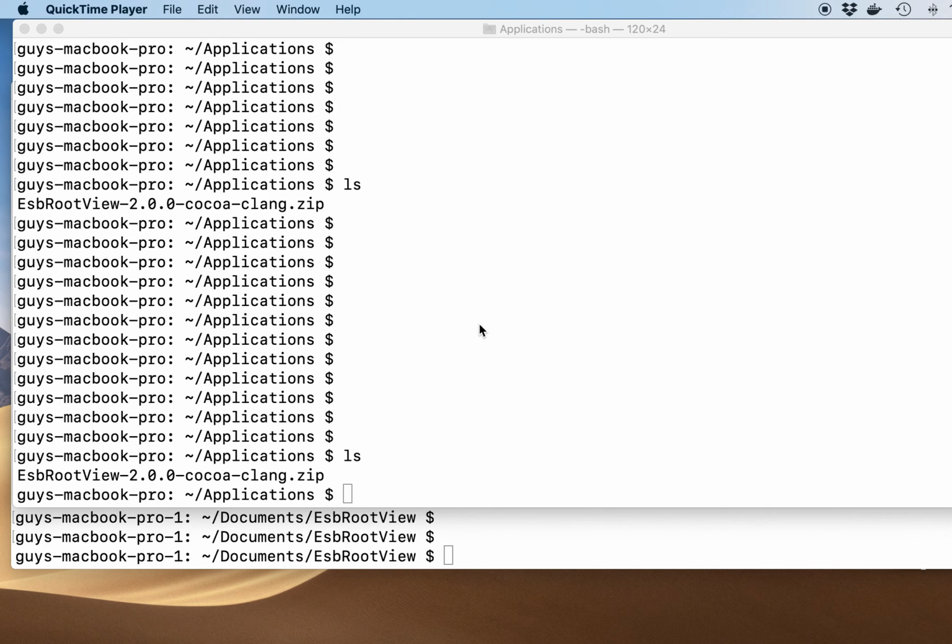Hello everybody. This video is to do a little demo of one feature of the ASB Root View 2.0.0 application, a feature that permits to show the deployment of an event in time in some of the detectors that people are studying.